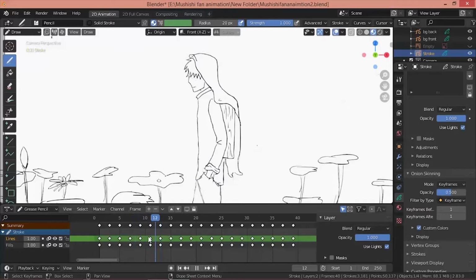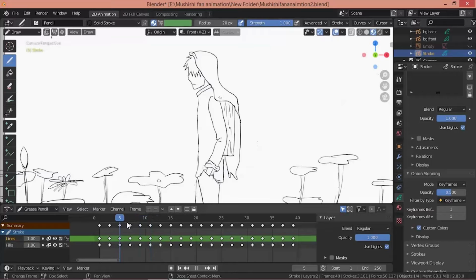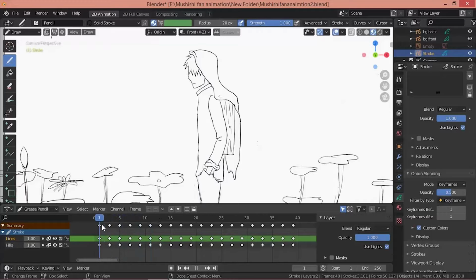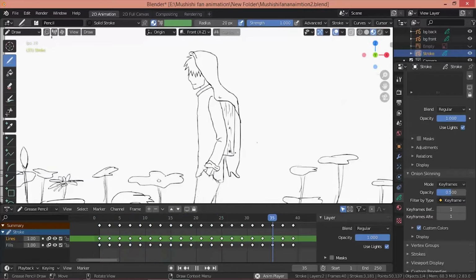His hair's pretty long and it shakes slightly as he moves, and even the cloth sways a little bit. So I put in subtle details as he's walking, and it gives more of an illusion of depth to the 2D character, as if it's a 3D character as he's walking.